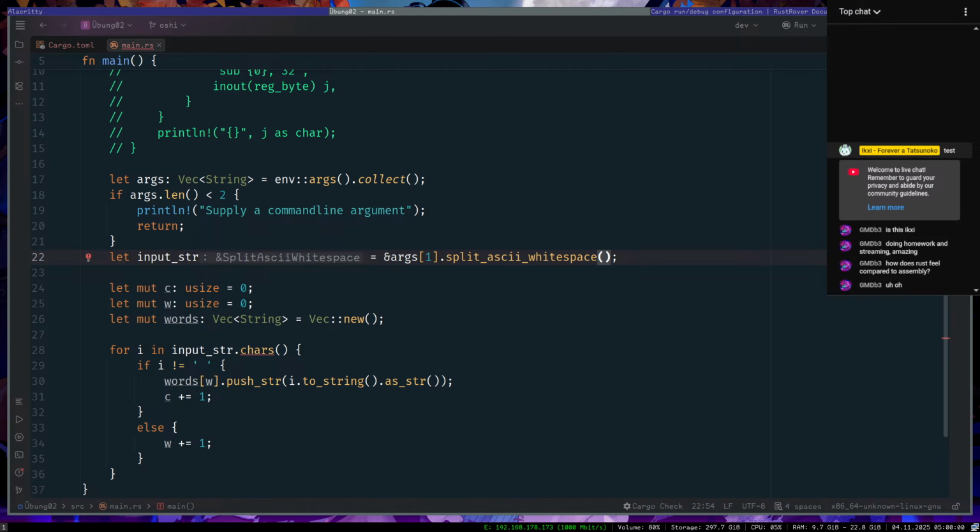Rust split whitespace to vector. Let's do this, and can I do dot collect on this? No, type whatever that is.